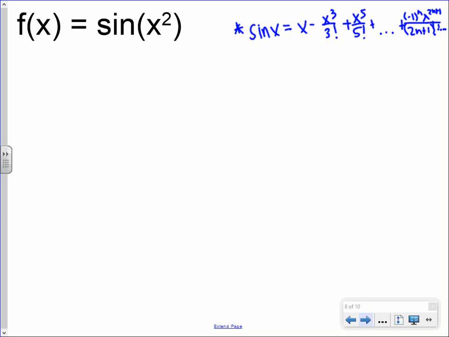You don't need to write that down. You already have that written down. All we have to do is for the sine of x squared,